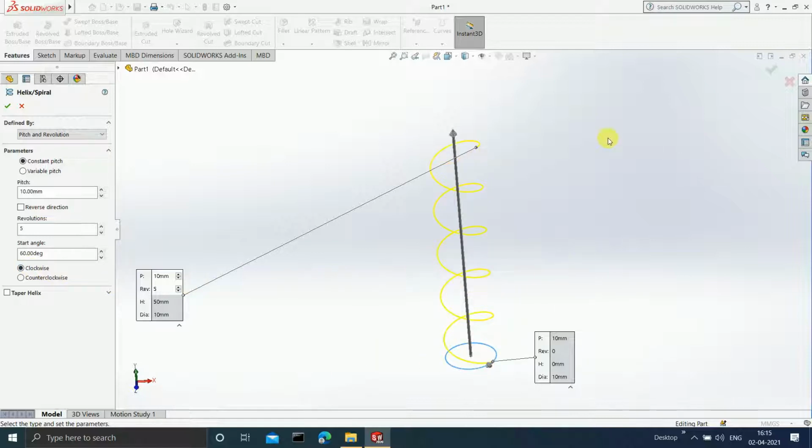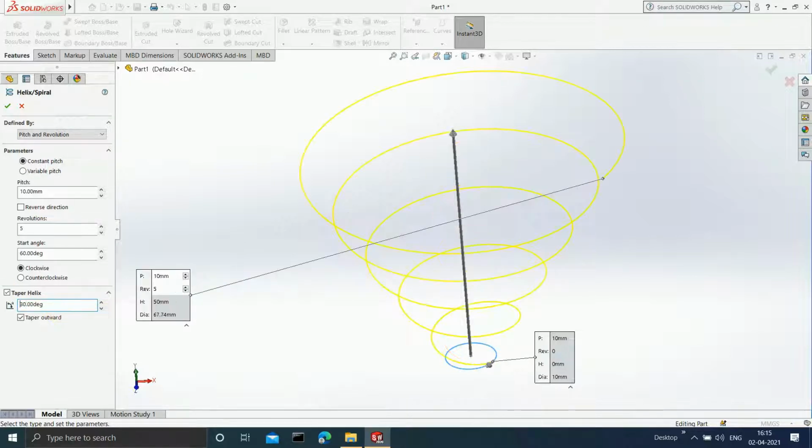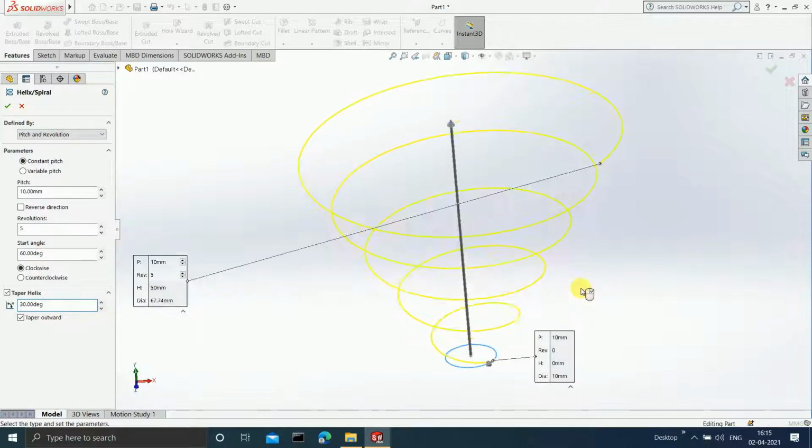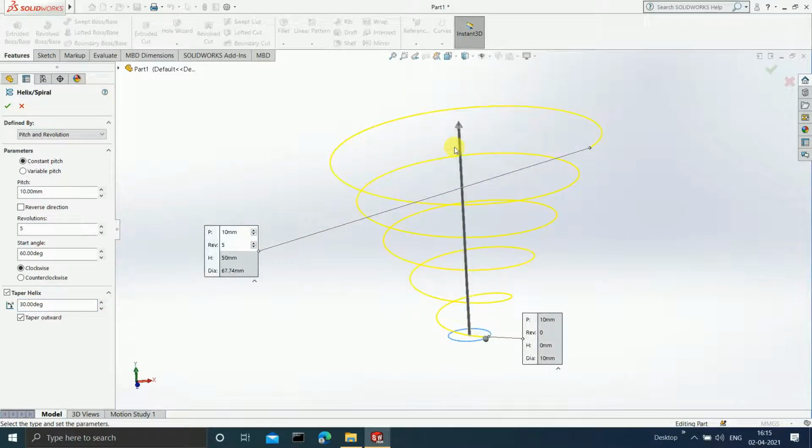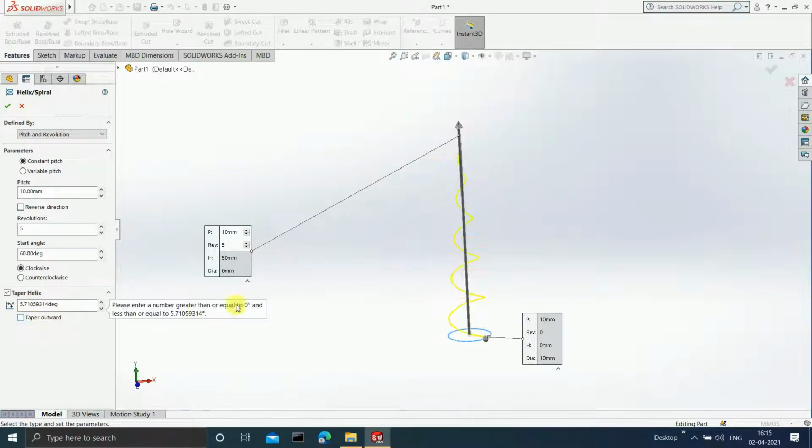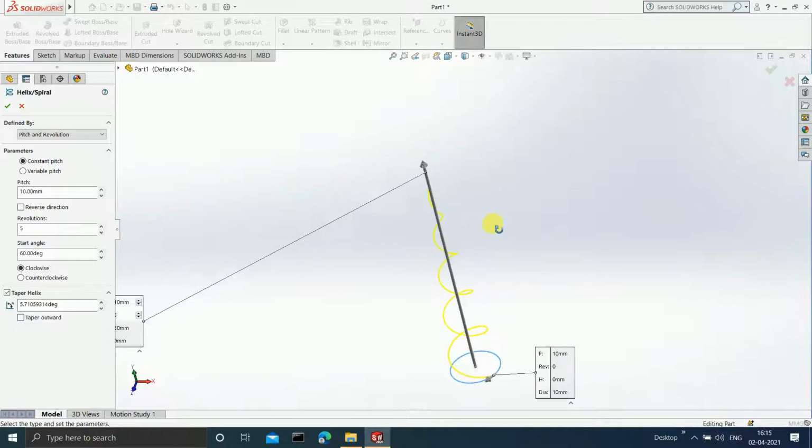Understanding? Okay. Now after this, here you have the taper helix option. Suppose if I click on taper helix, and suppose if I define the angle to be 30 degrees, then can you observe? You are getting a tapered end. And here it is tapered outwards. Suppose if you deselect this, then it will taper inward. Can you see?